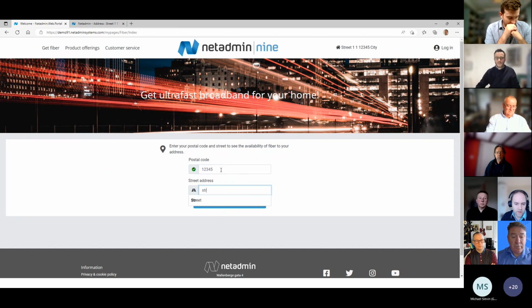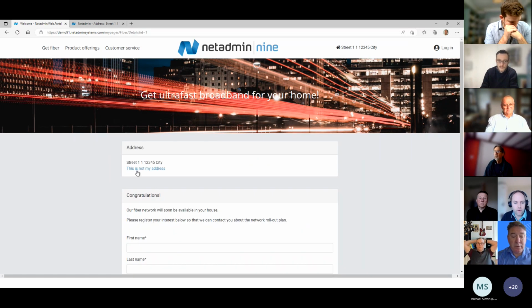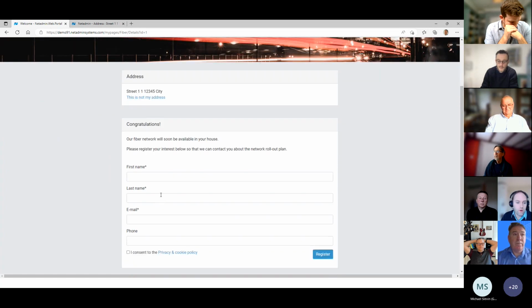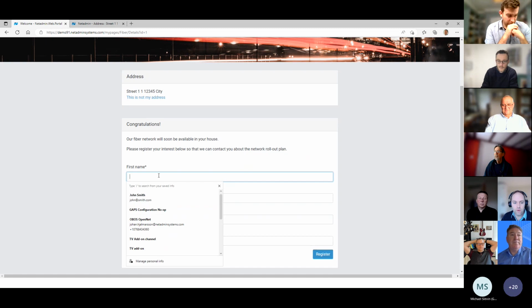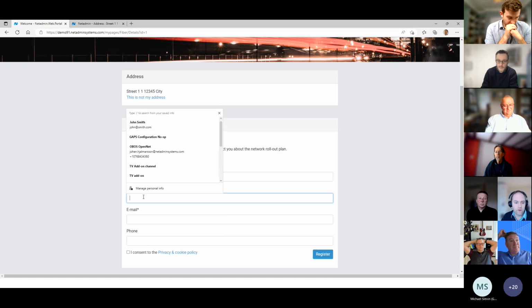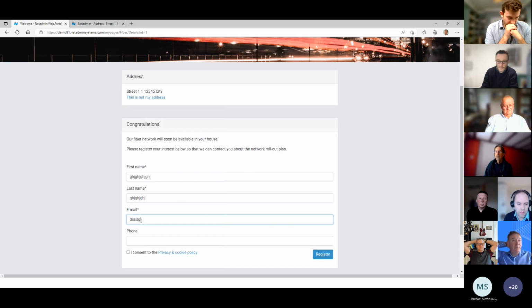You could enter a street name and number and search for that. And I search for street number 1 here, and I'm not able to do any ordering on this address, but I'm able to register interest of getting fiber on this address. So I can enter first name, last name, email, and phone,